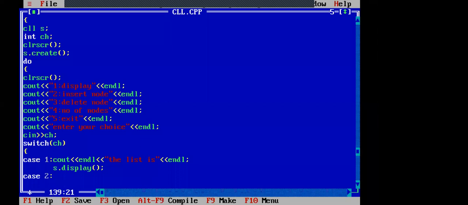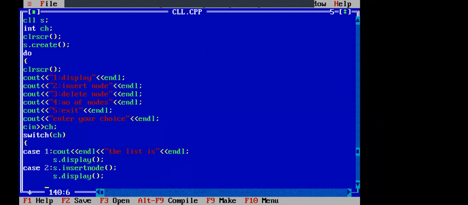So if it is 2, case 2, s dot insert node, s dot display. If it is a case 4, later I will write case 3.